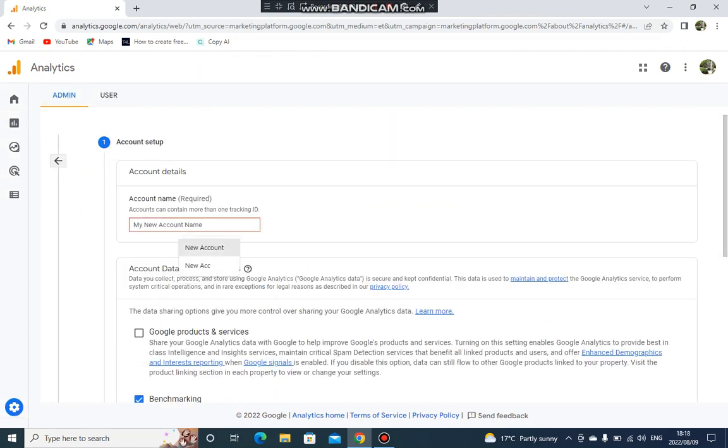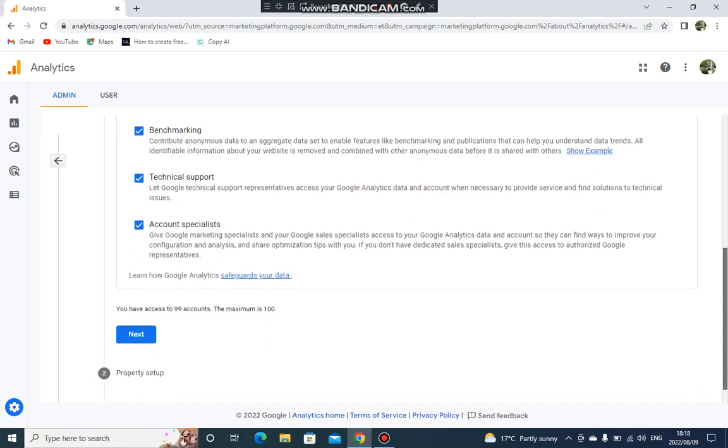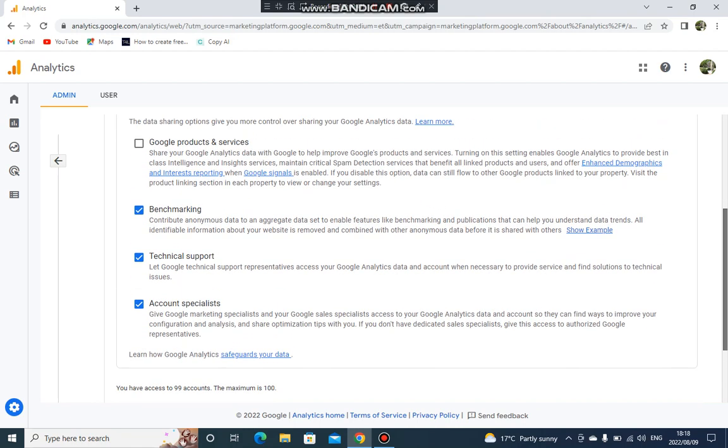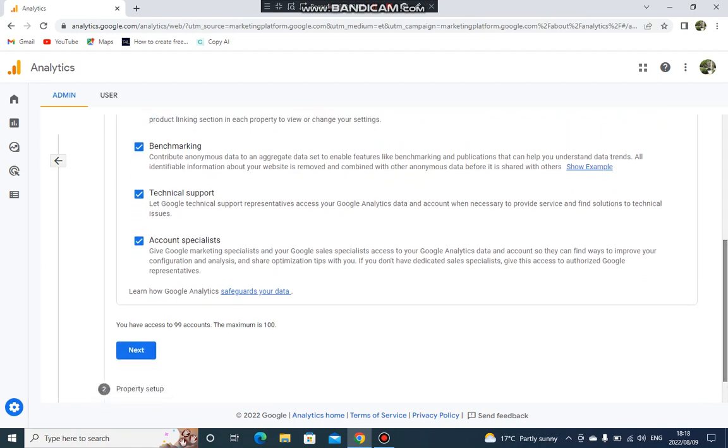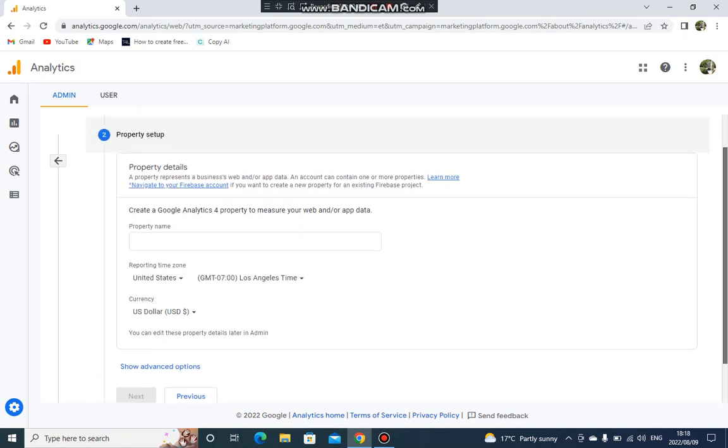For the purpose of this, we're just going to stick to a new account, so you can set up your account with any name that you will recognize for your website. Then click Next, and in the next page it says Create a property, or property setup. So property setup is just